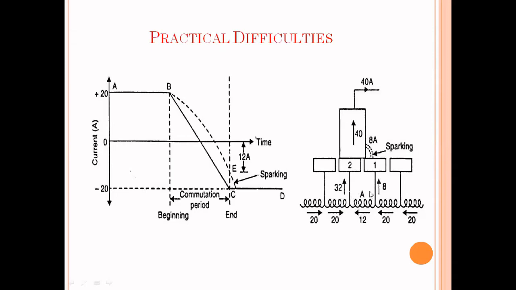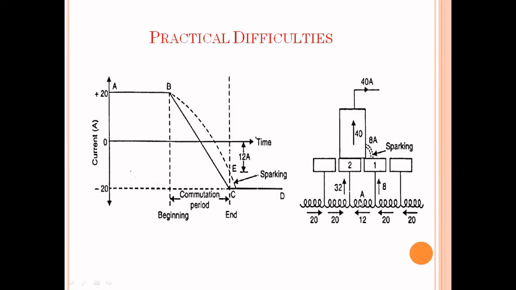Here we consider coil A having some value of inductance. Whenever the current in coil A is reversed, the current is changed, and whenever the current flowing through the coil changes, an EMF is induced in it, and that induced EMF in coil A is nothing but the